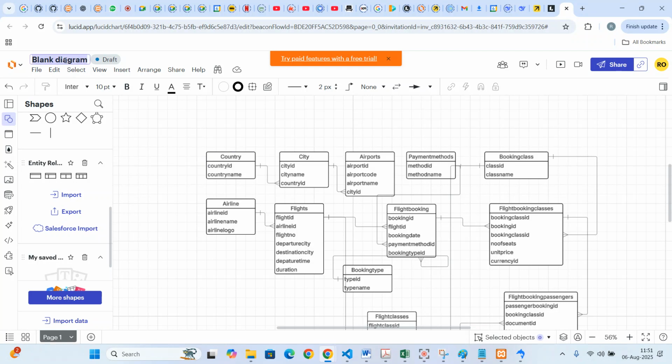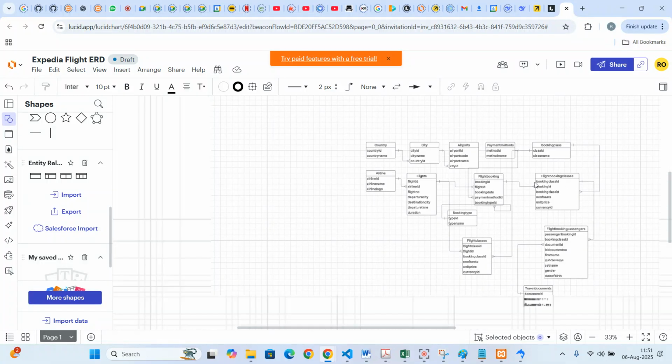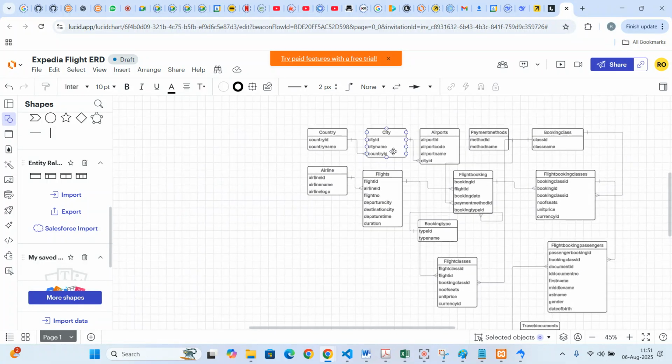So I'll just give this a name here. I'll call it Expedia Flight ERD. Then I'll press enter. So now it has a name. So if I go to my dashboard, I should be able to see it. Now, once you have it like this, then you need to share it with somebody. So for you to share it with somebody, you might want to export it and print as PDF. How do you export it? You will come to